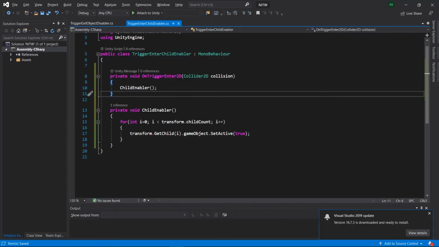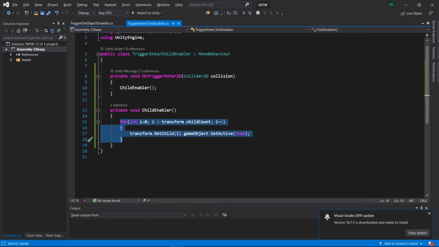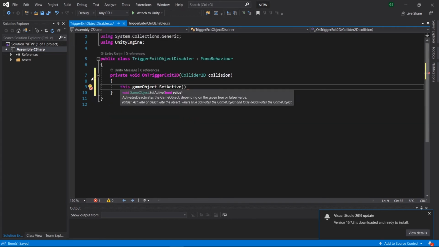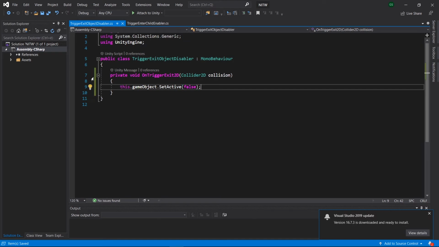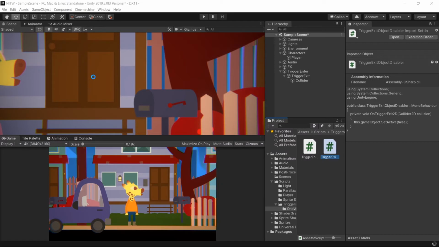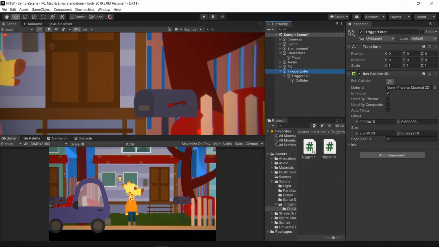As you can see, when the trigger is entered, the child enabler method gets executed. This method activates all the child game objects. Instead, in the trigger exit object disabler, when the trigger is exited, the game object in which this script is added will get disabled. Back to Unity, add the trigger enter child enabler to the trigger enter game object, and